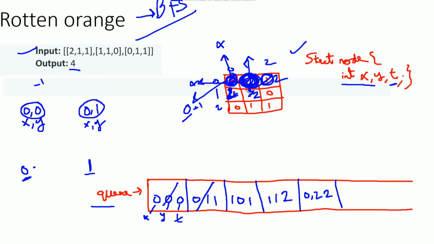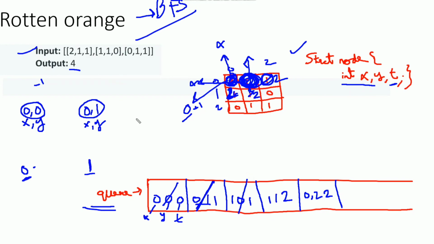Each conversion takes unit time, and then we need to enqueue it. So we have explored 0 1. Next, again we have to check whether the queue is empty or not. The queue is not empty, so we need to pop this.